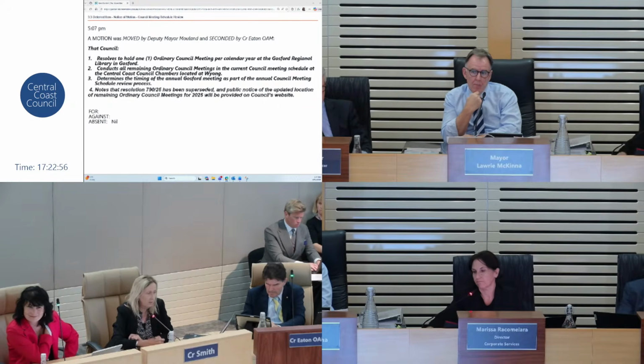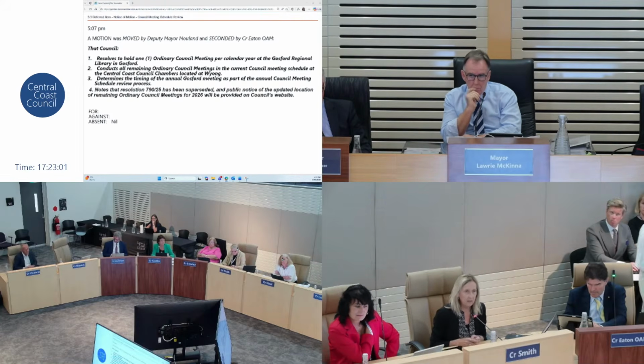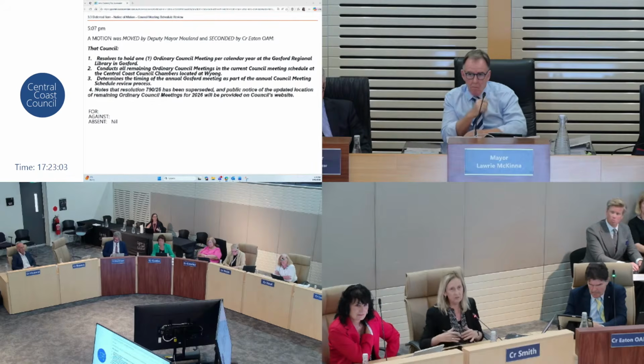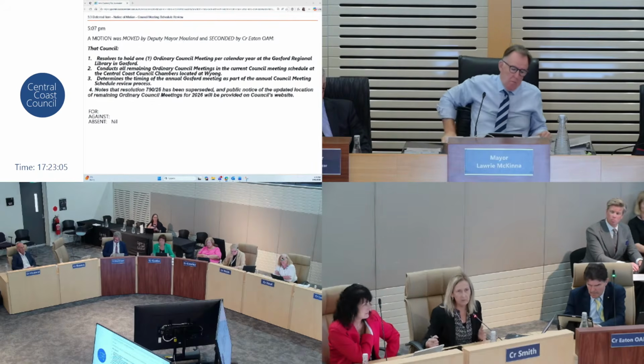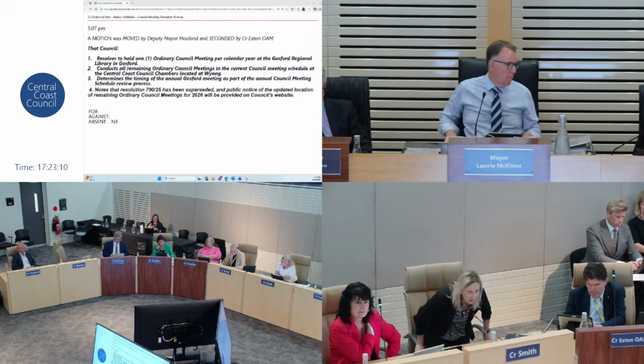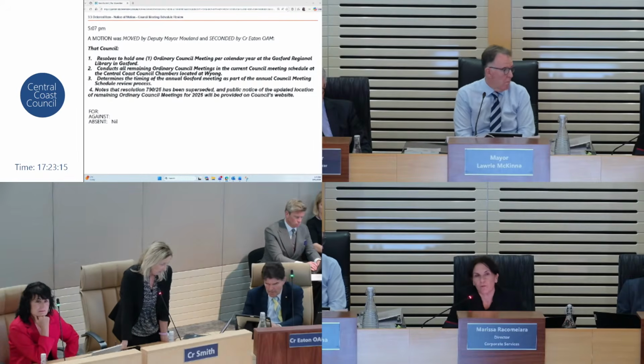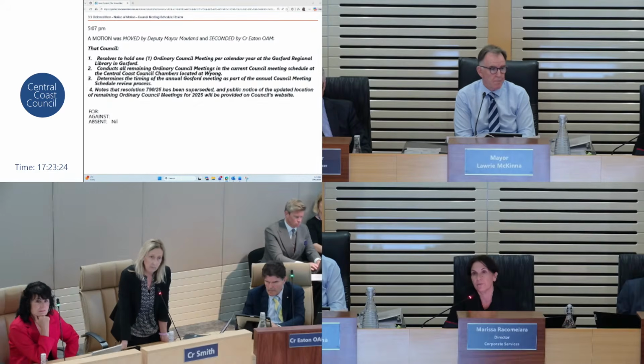Okay, so it sounds to me that not all of those costs that you just outlined are in addition to costs that would be incurred when the meeting's held here. Would that be correct, or are you talking all of those as being in addition to the cost of holding the meeting here? So the specific cost that would be in addition to a meeting held at Wyong are the additional time to set up the space, both in terms of facility staff and civic support staff and IT staff.